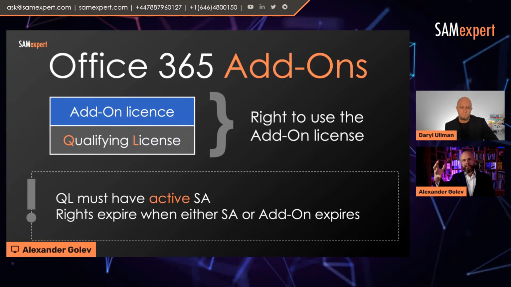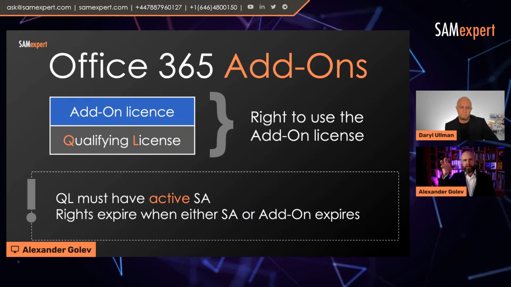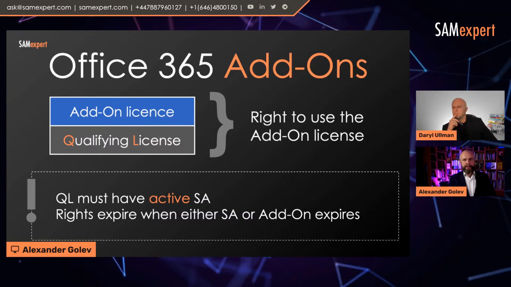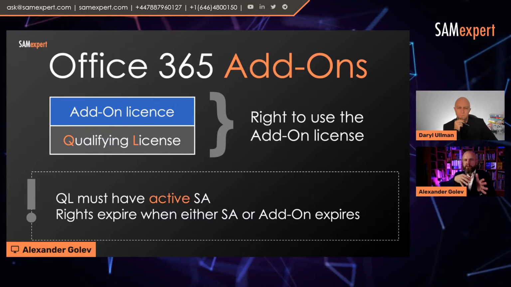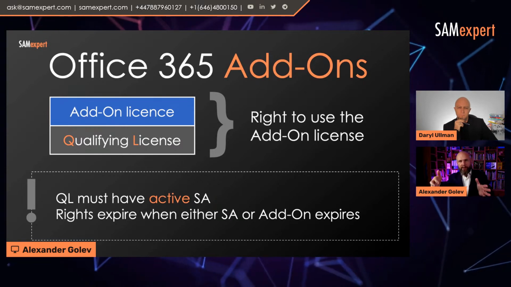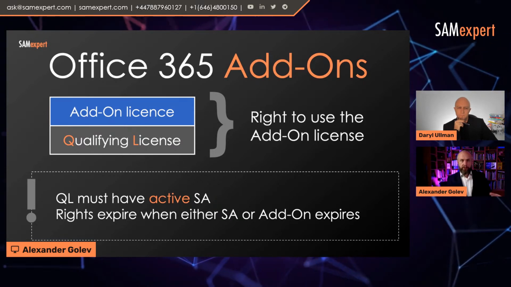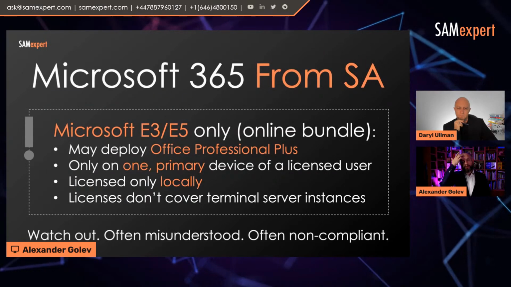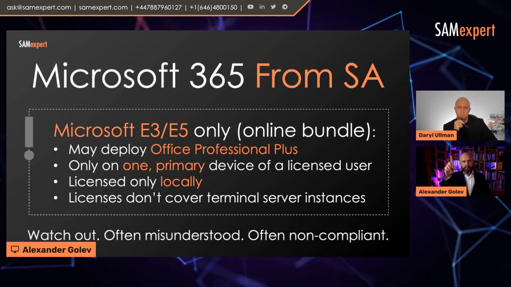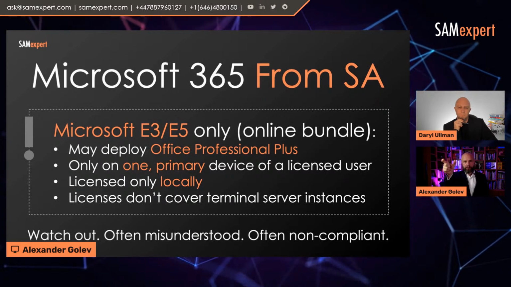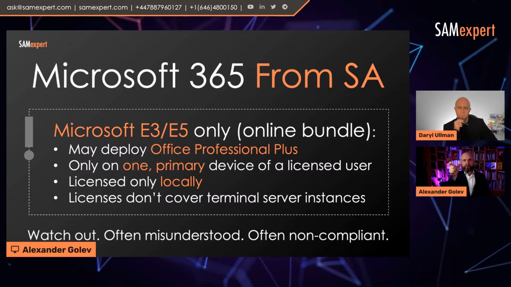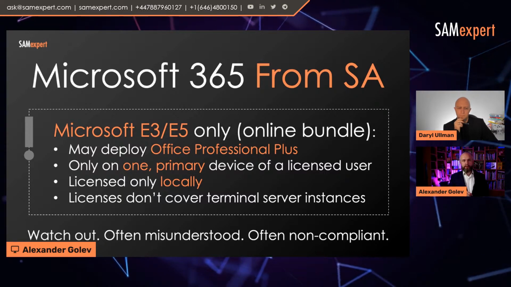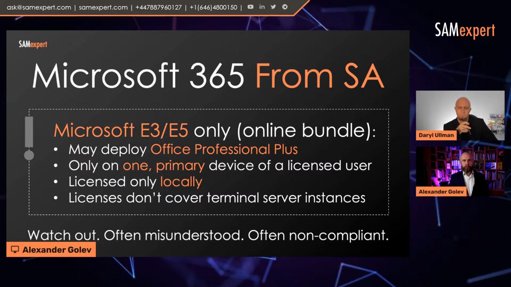When you have both of these licenses, SA is still current, you have an add-on, you have a user switch to Office 365 online. Again, for gradual migration, gradual adaptation of Office 365, when you're migrating from your traditional configuration. The question that was asked in the chat, so Microsoft 365 FromSA, not Office 365 FromSA, please pay attention to that, only Microsoft 365 FromSA, the bundles, only 3 and the 5, only them, may deploy Office, so users licensed with that bundle may deploy a